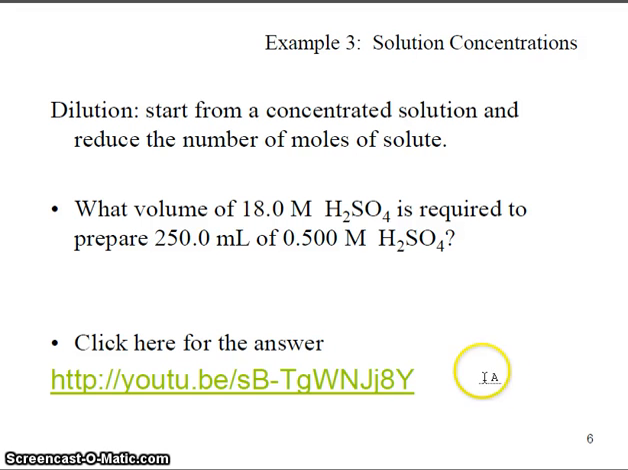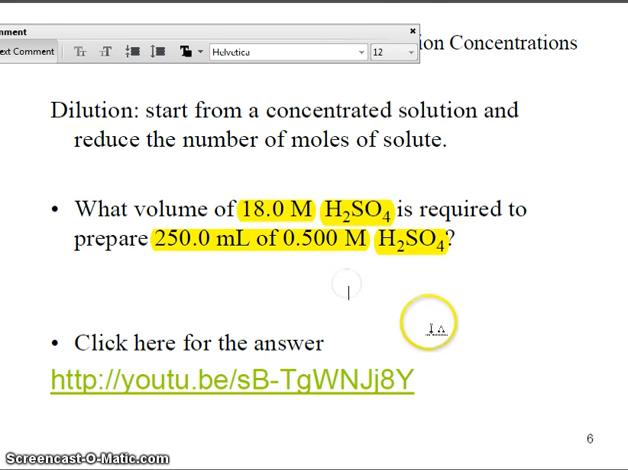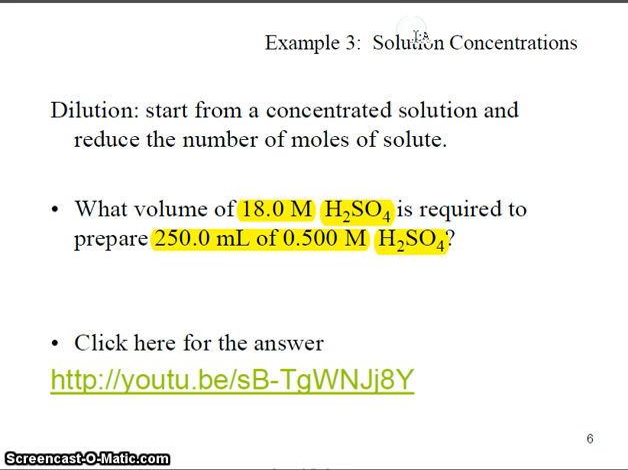So in this example, I have a solution of H2SO4 and I am beginning with an 18 molar H2SO4 solution, and I'm supposed to dilute it to generate 250 milliliters of 0.500 molar H2SO4. So realize in this particular case one can utilize the relationship that essentially moles of the solute are going to remain the same before and after the dilution process